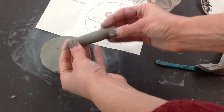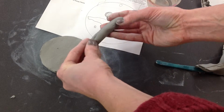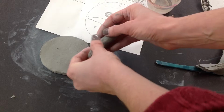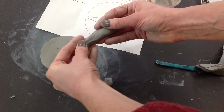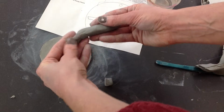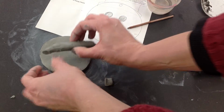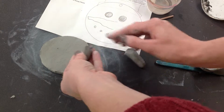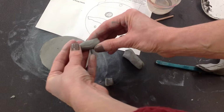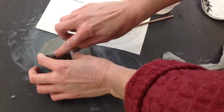So now I have a coil or a round piece of clay. I could pinch one end off and down, smooth out that crack that kind of is on there. Make a carrot point. And I could see how long I want it. Maybe I want it about that big. Okay, so if this was my carrot nose that I was going to put on there,